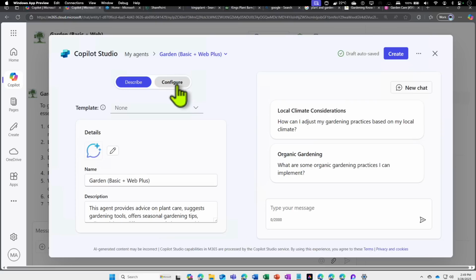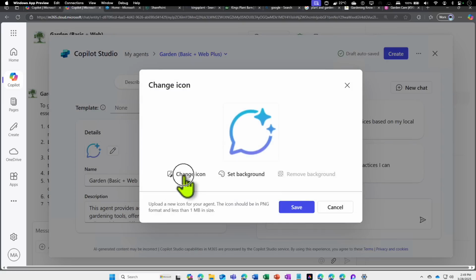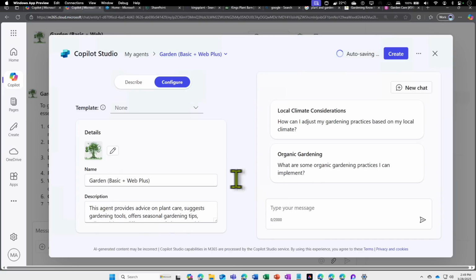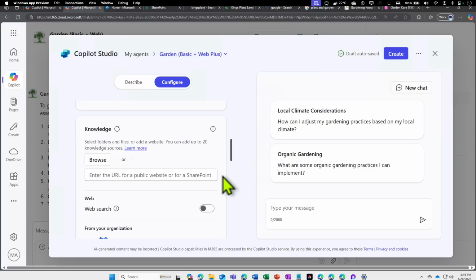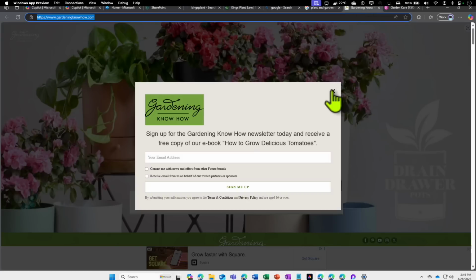So that's going to be the new name. Now if I go to configure, we're going to do the drill of changing the icon. Save. We are not making any other changes to description, instruction, things like that. We know how to do it. Here I'm going to first provide a website information. I'm going to go to a website called